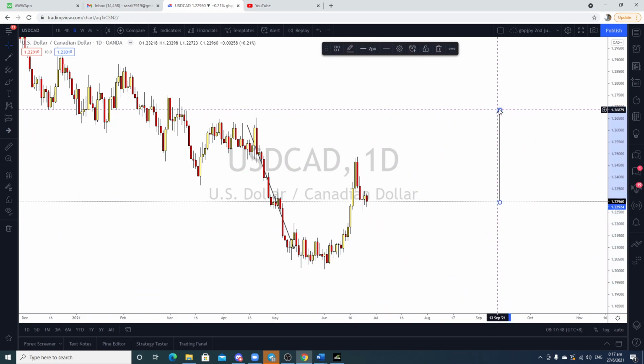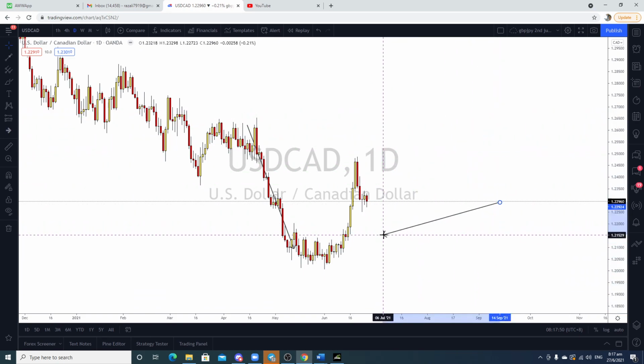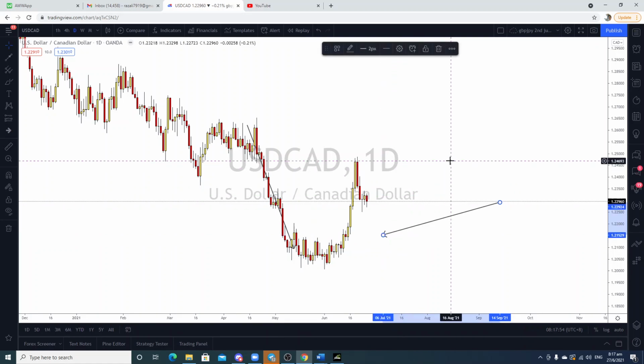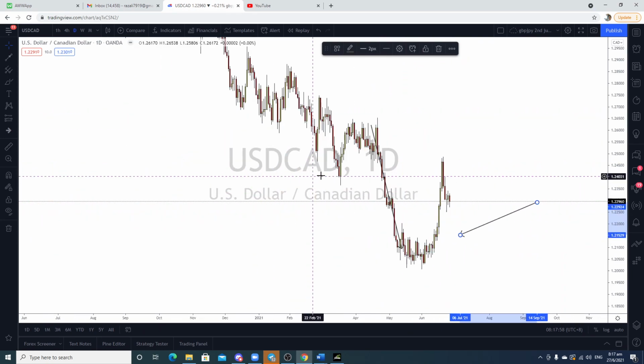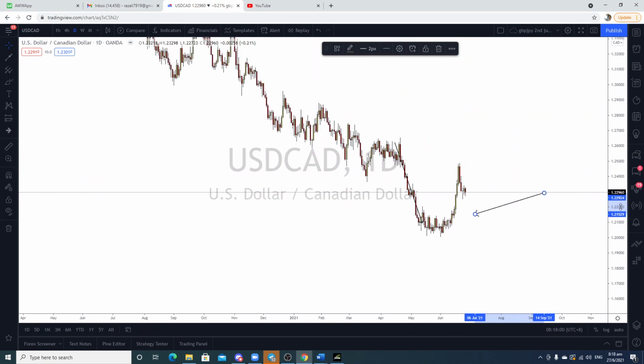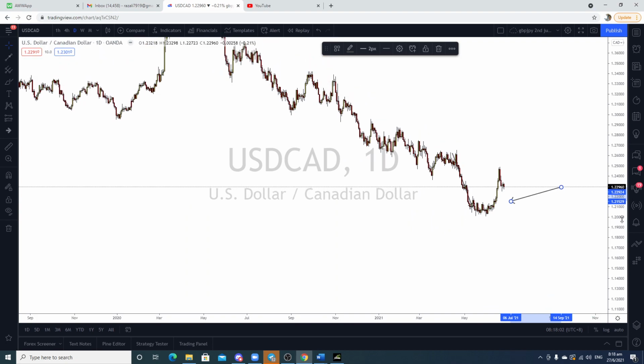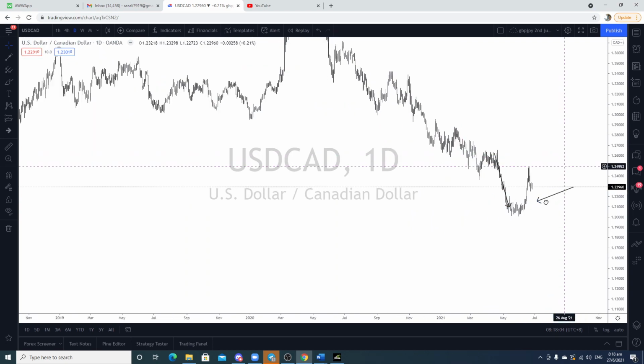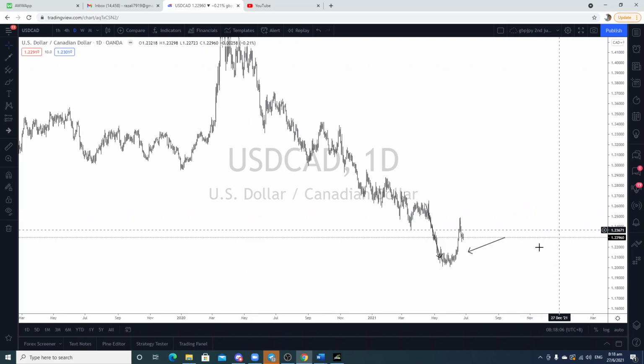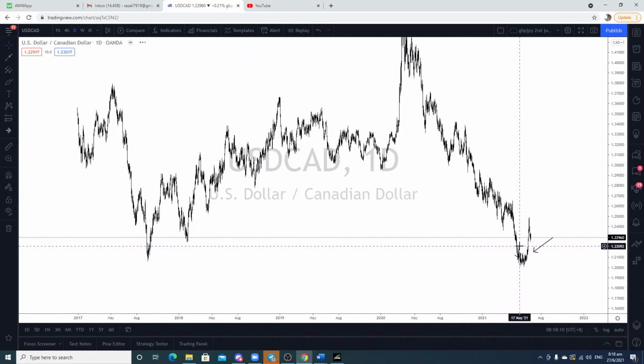A lot of people will tell you about the fundamentals, about the FOMC, and the interest rate and all that. I don't give a shit. I only look at the technical analysis in this case. Price has been oversold in this case. Price has been oversold. Look at this, how terribly oversold USD CAD is. So it's just a matter of time before this thing goes up.